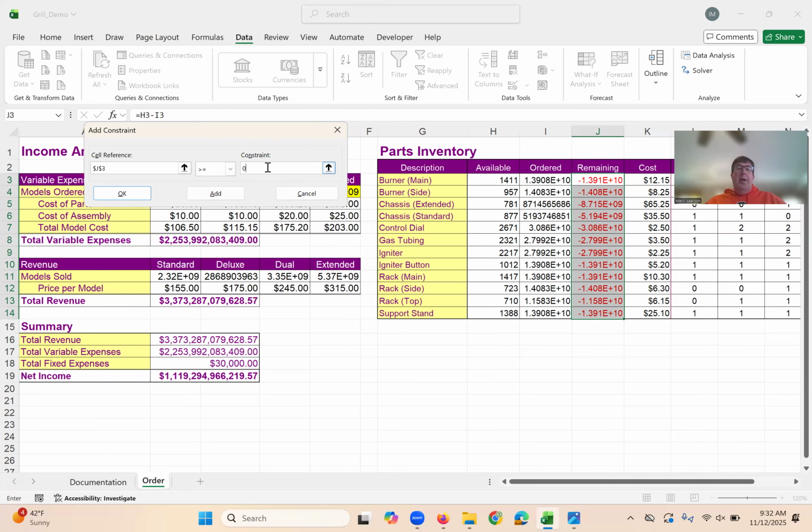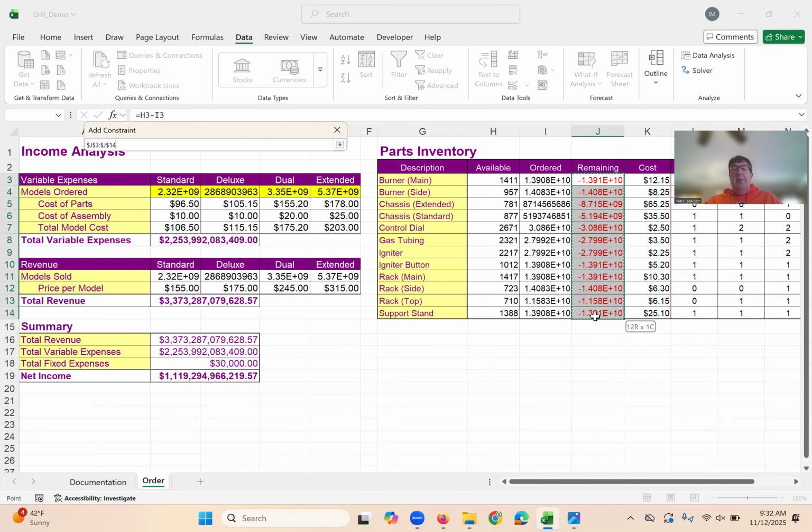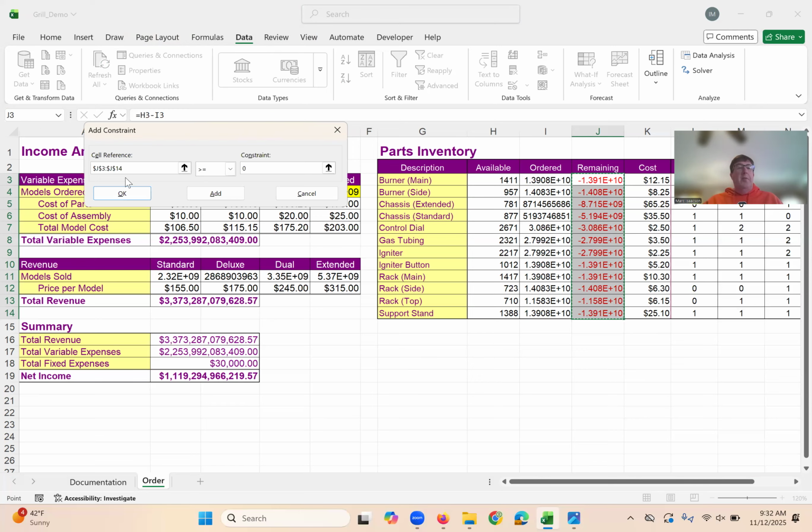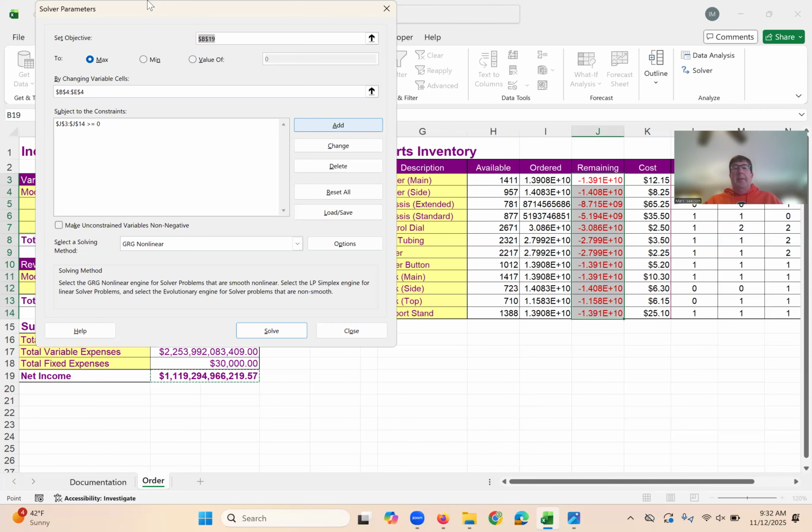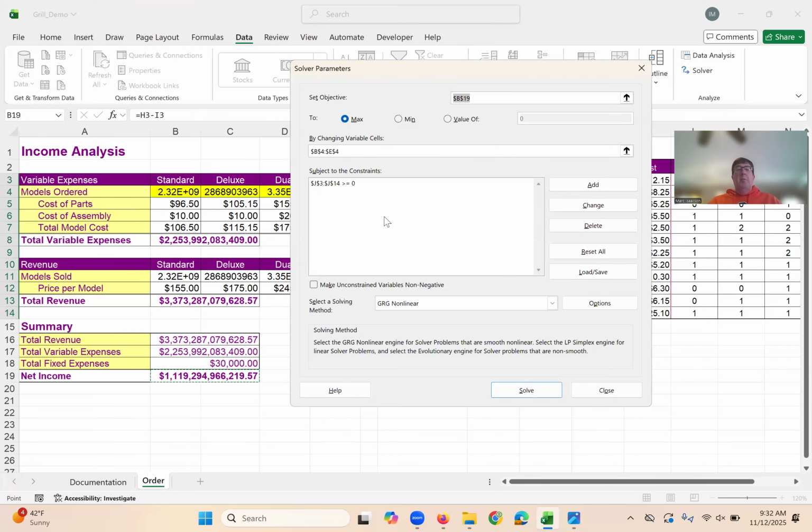And J4 has to be greater than or equal to 0, J5, J6, J7. You might say, well, that gets repetitive if I had to enter those one at a time. So instead of putting J3, I'm actually going to highlight J3 through J14. I'm going to click OK. And it will now add those constraints to the constraint window, meaning it won't let me run out of parts. And if I click solve,